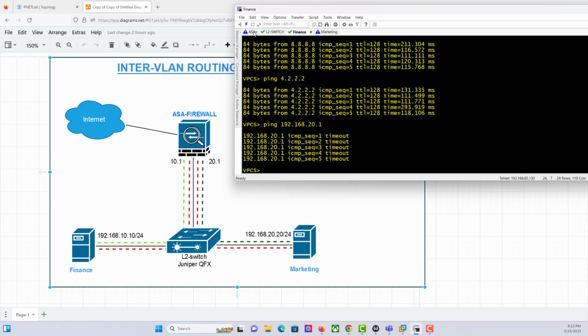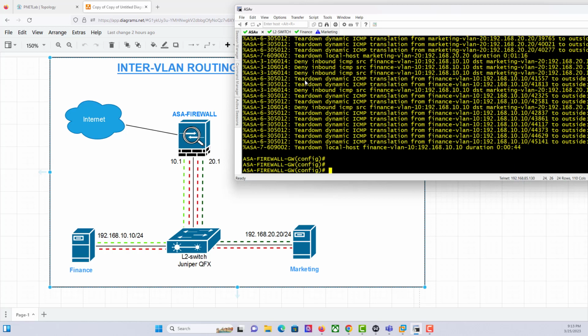But for the ASA, like I said, the ASA behaves quite differently. When it receives traffic through an interface, it will not automatically send that traffic back out on that interface to the destination. When the traffic hits the ASA, it does a route lookup and sees that the destination is actually back on the same interface that the request came from. But the ASA by default will not